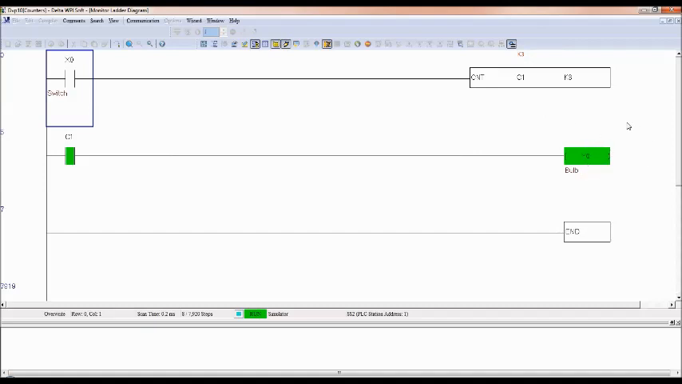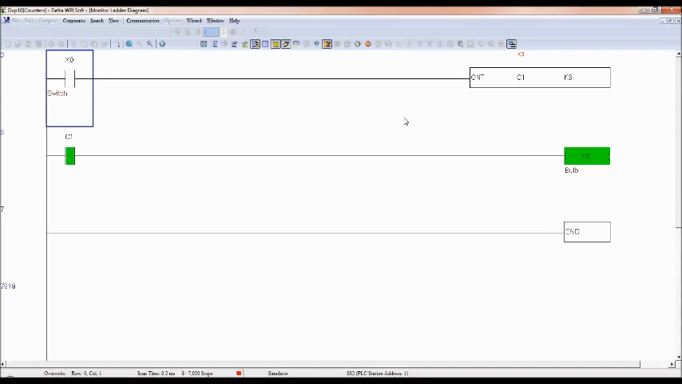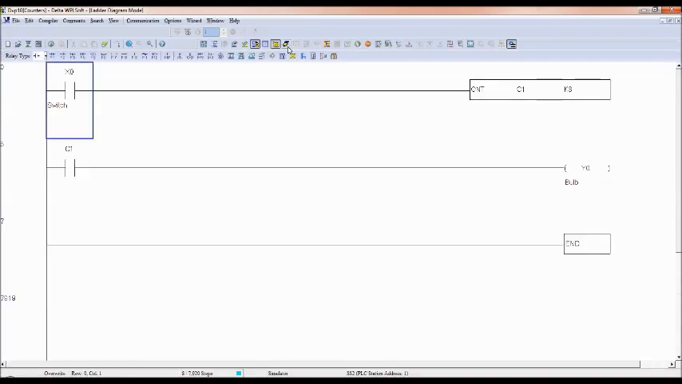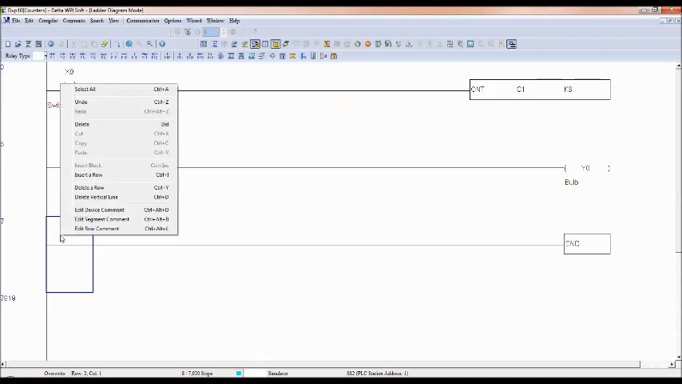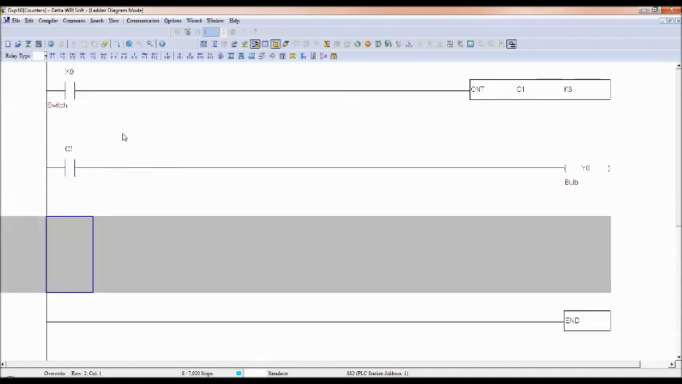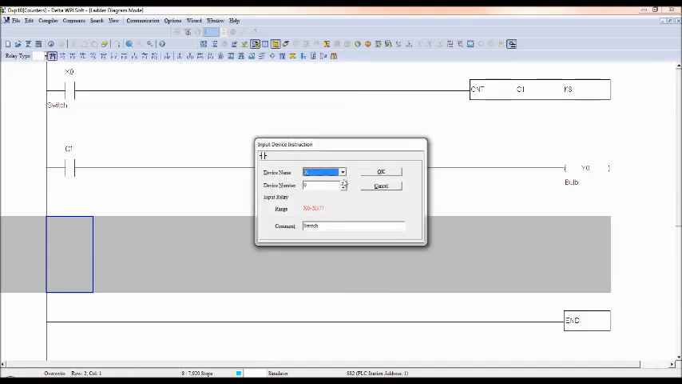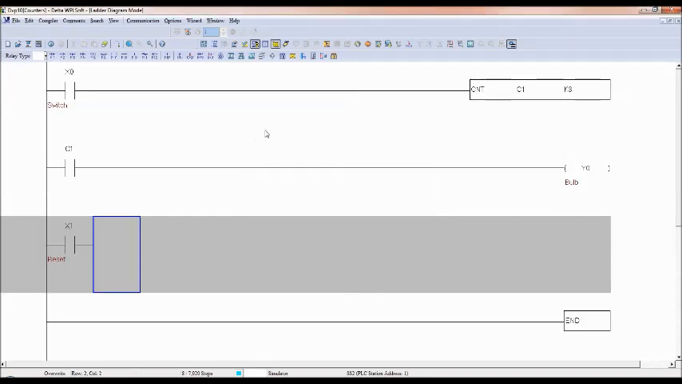Now the question is, see, after pressing the switch 3 times, the bulb is on. But the question is how to switch off the bulb. So you have to reset the counter value. To reset the counter value, there is a reset instruction, so you have to use it. Okay, so insert a new row and then take a normally open switch that is X1, another input that is named reset switch, and then you take